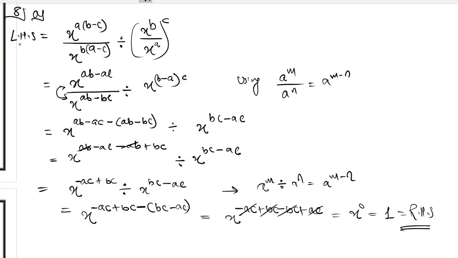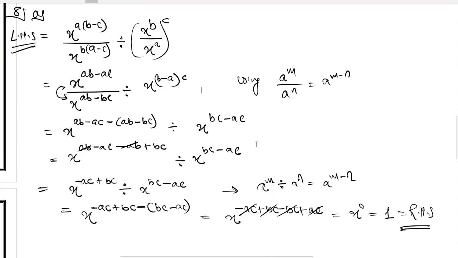Always specify what is LHS, what is RHS. Start solving LHS and get your answer as RHS. Don't write here is equal to 1, is equal to 1 and go on solving it. This is stupidity and this is absolutely wrong. You can solve only one side because you have to prove this. It's not given that LHS is equal to RHS. So you have to keep on solving LHS and finally end up at RHS. Right, so this is how you solve question number 8a.